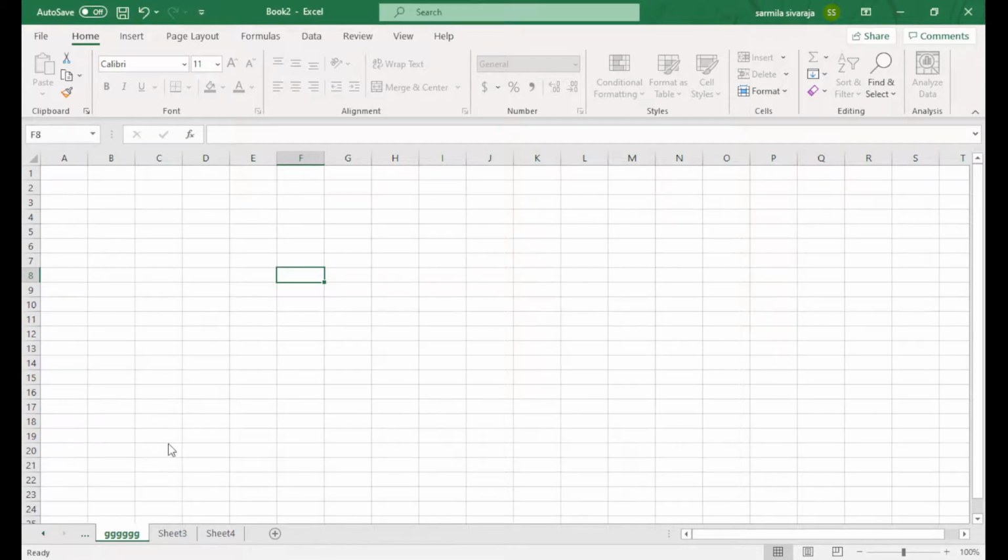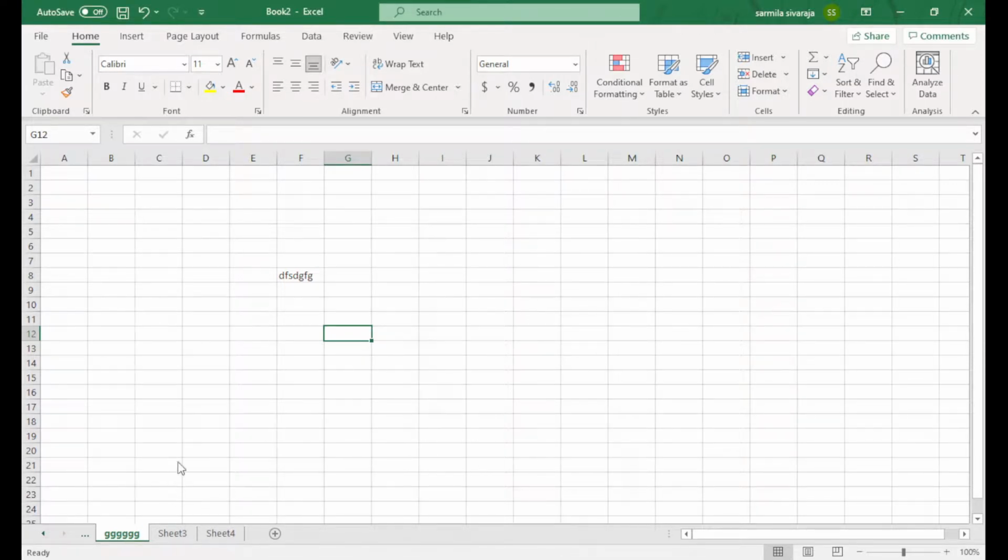So when I right click here and choose Unprotect Sheet, I will type my password again. Now I can type anything in my sheet. Based on this protection, you can set every possible option. You can look at format cells or format columns. When you tick these options, it will be protected based on your choices. Then you can set the password also.